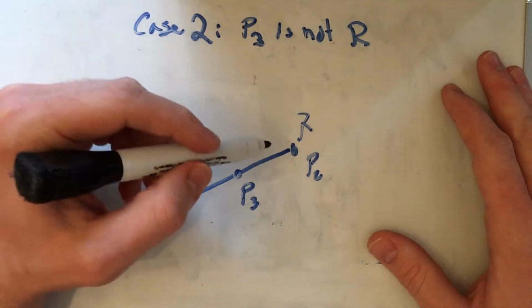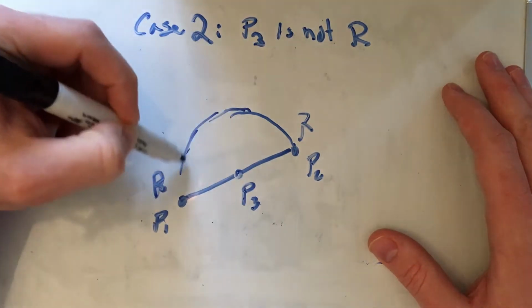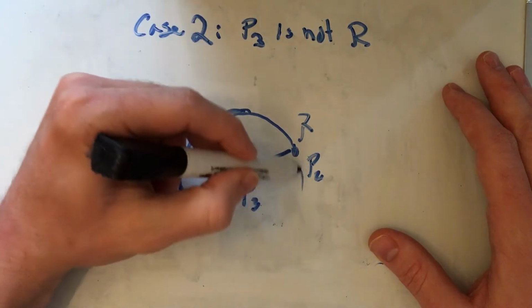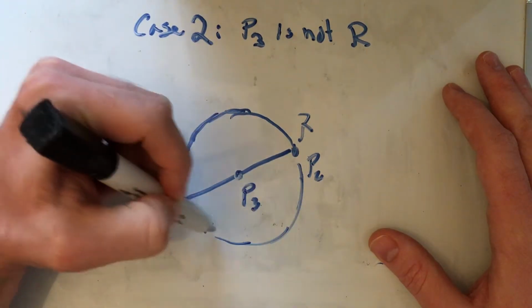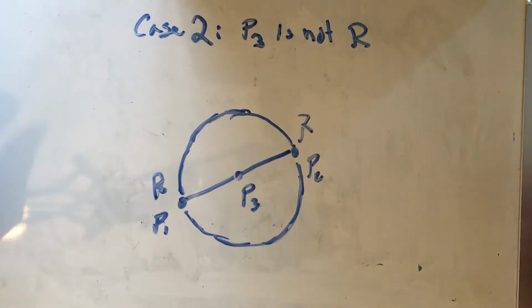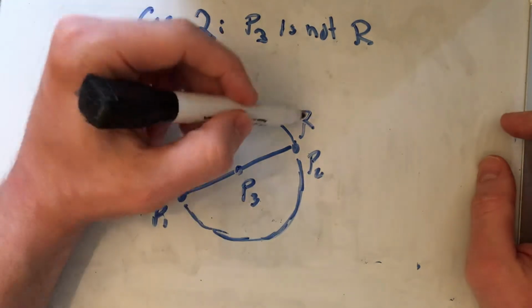Okay, so now why don't we go ahead and make a circle. P3 will be the center of the circle, and it'll be of radius that is 1/2 the size of the segment. So that means that P1 and P2 will actually form a diameter. And so you can kind of see where Thales Theorem might pop up here. But before we get to Thales Theorem, let's go ahead and talk about